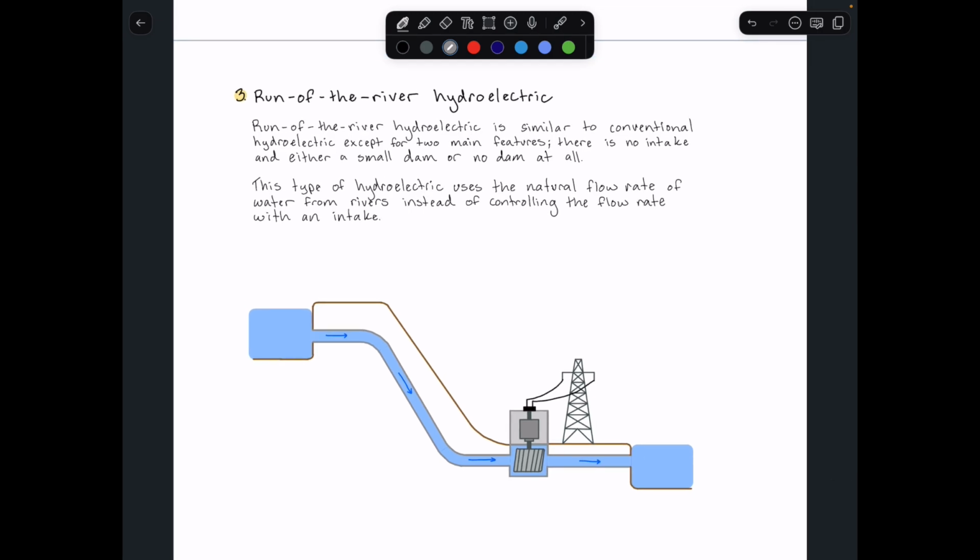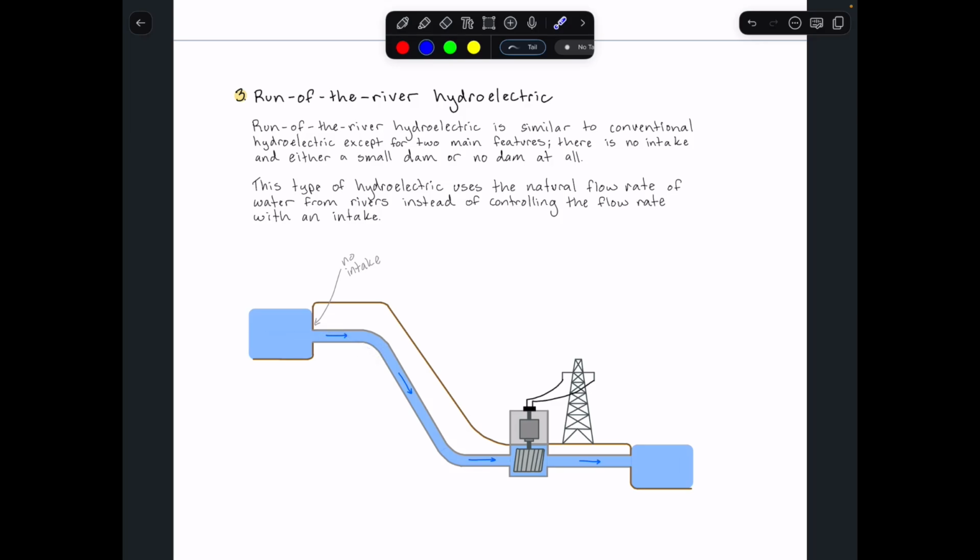So run-of-the-river hydroelectric is, again, similar to conventional hydropower, but it relies on the natural flow of the river rather than controlling the flow of the water from a reservoir through an intake. So if you notice here, there is no intake. It just allows the water to flow at whatever speed the river is naturally running at. So as water flows through the river here,